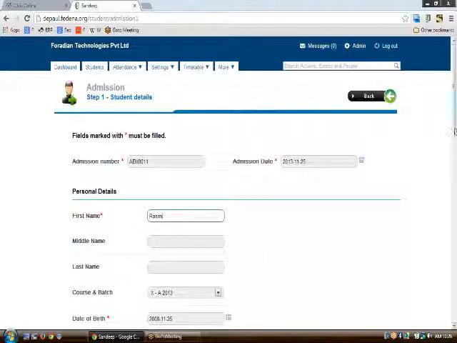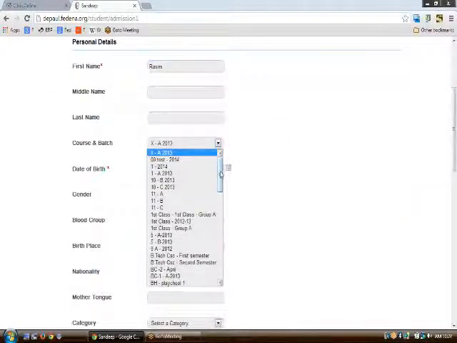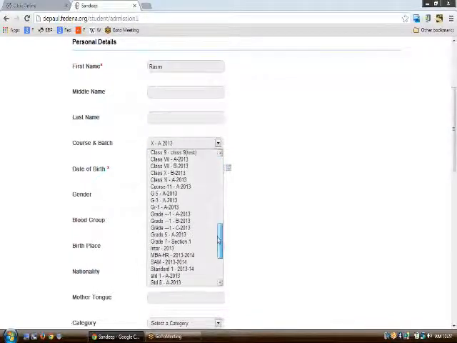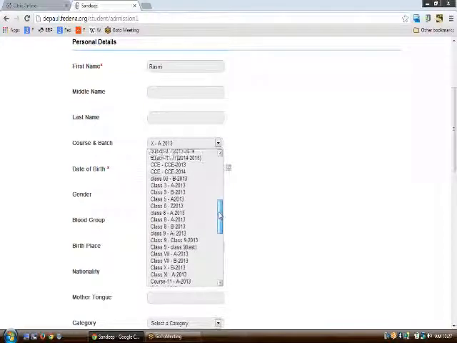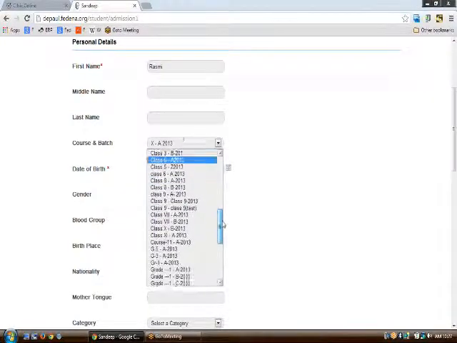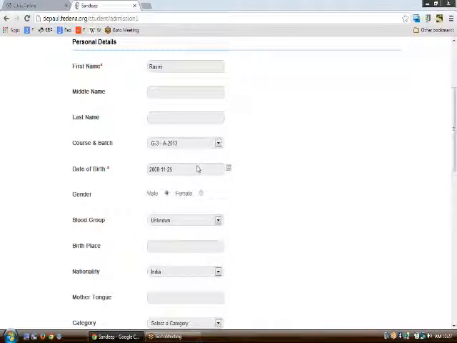and then the middle name and the last name are to be entered. And then the course and batch she is in. Let us say she is in the newly created batch called grade G3, and then the date of birth is to be entered.